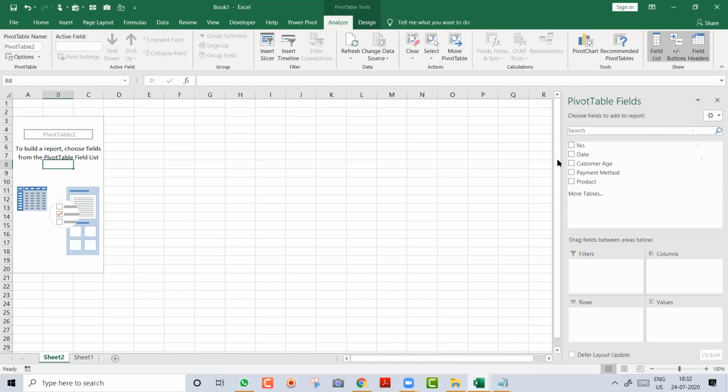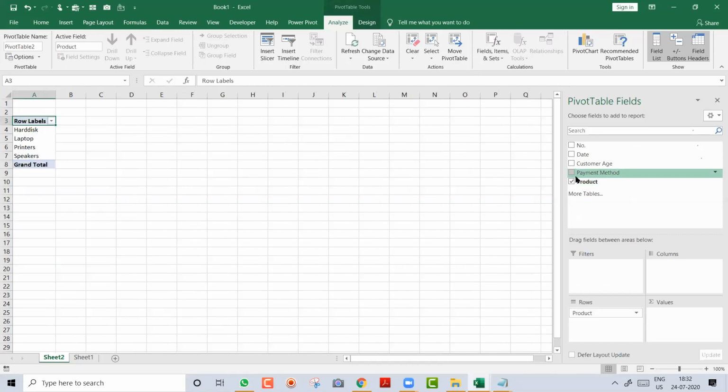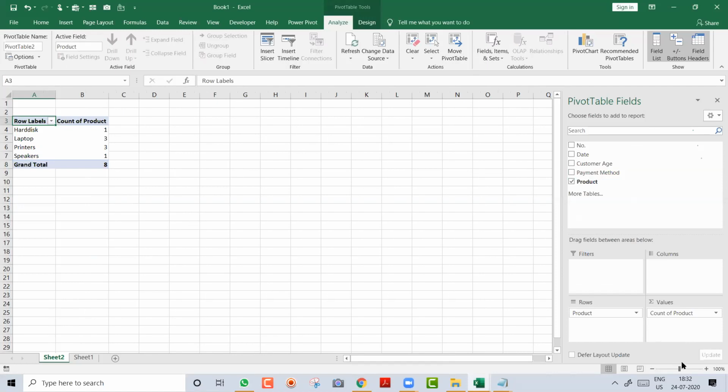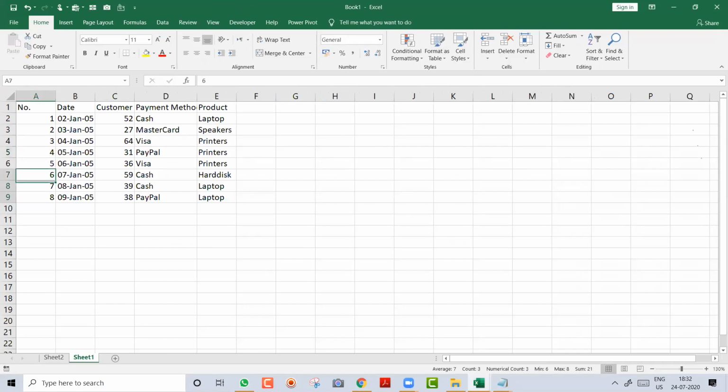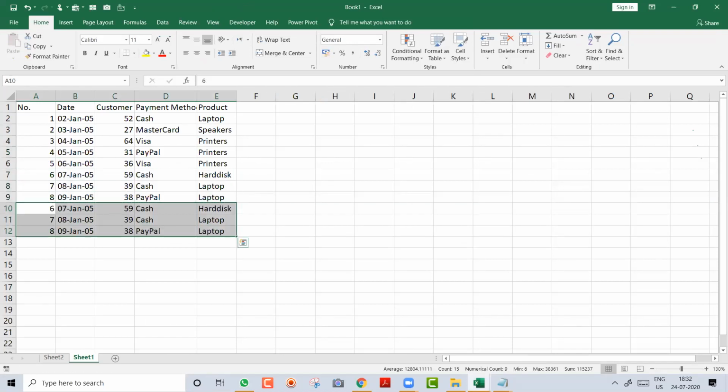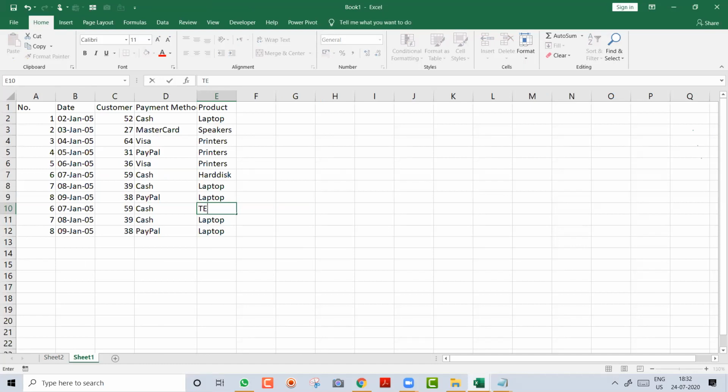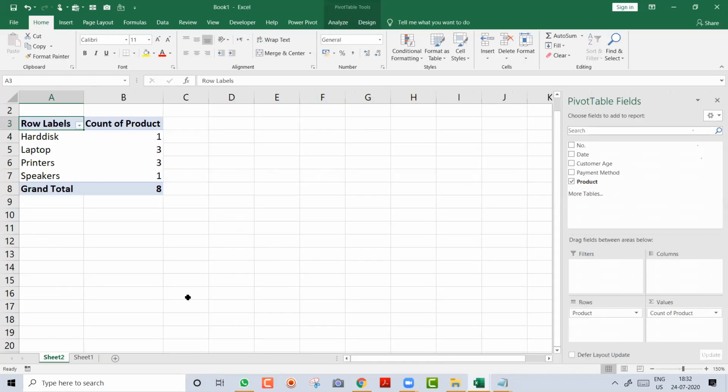okay, you created this and now you see I'm creating a product-wise count. I took a product and I took a count, right? Now in future, if I come here and add more records, if you have not converted into a table, and here I say, for example, test. My product is a test. Now what will you do, my friend, if I come here and I want a test also over here? If I right click and refresh, will test come? Test is not going to come.